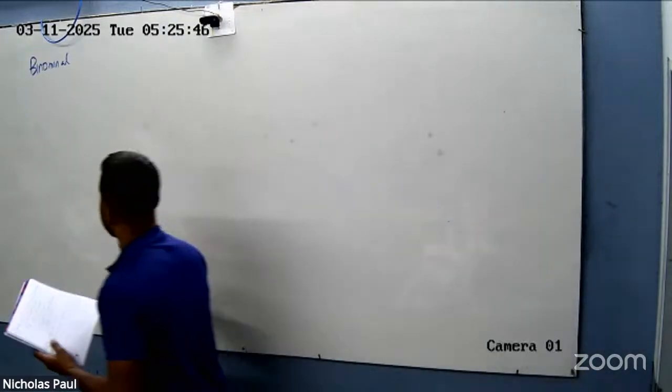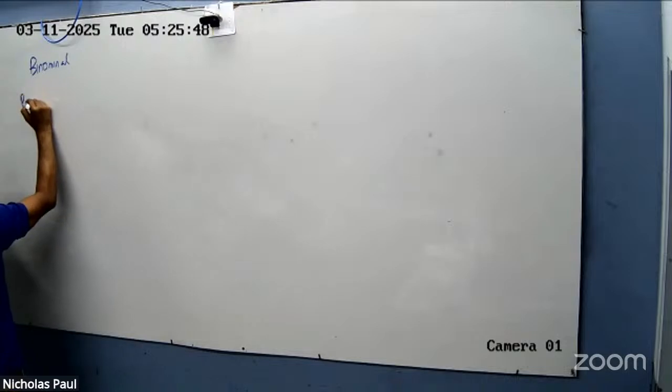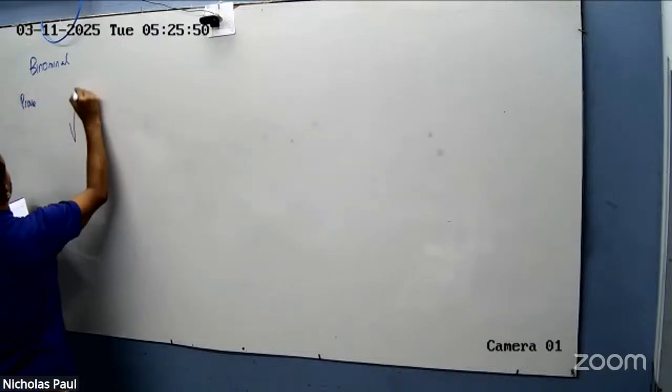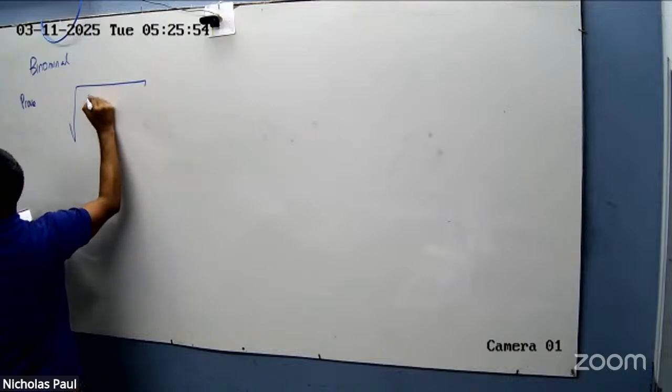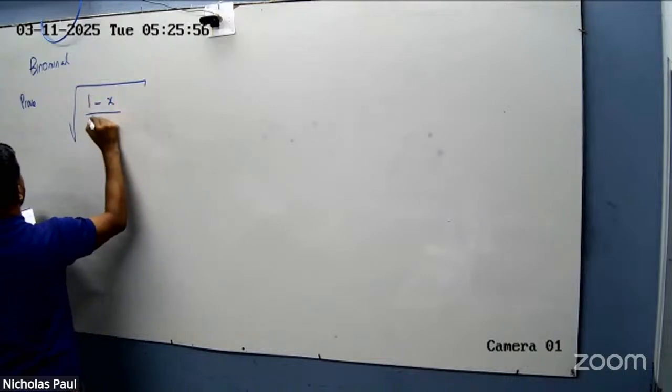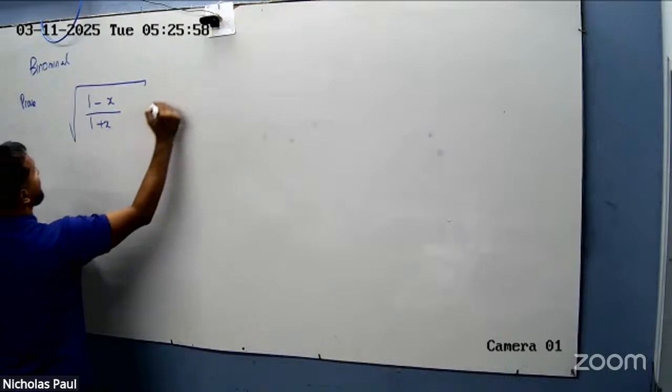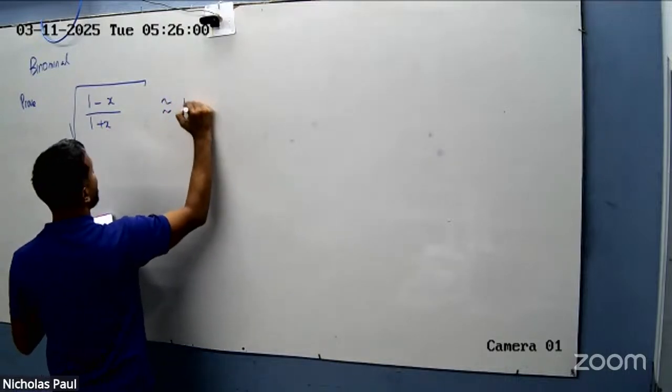Here's the challenge here. I would like you to prove that the square root of 1 minus x over 1 plus x is approximately equal to